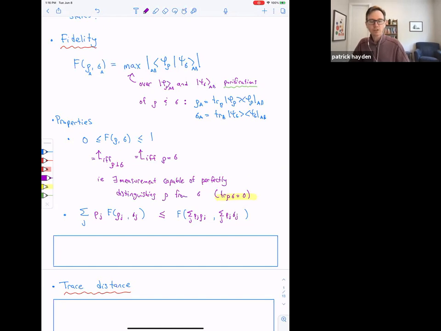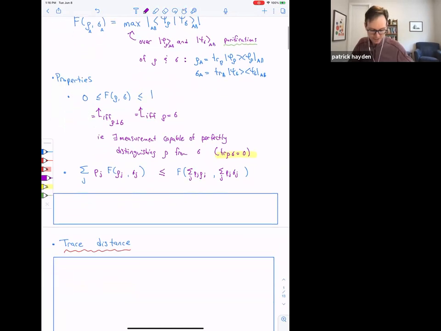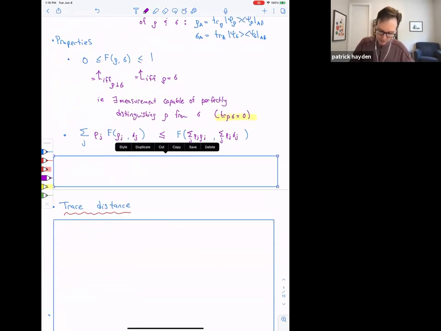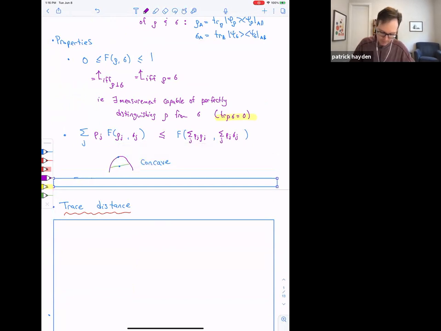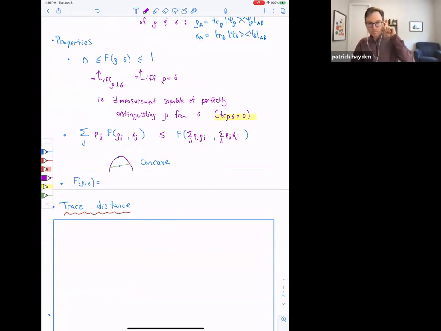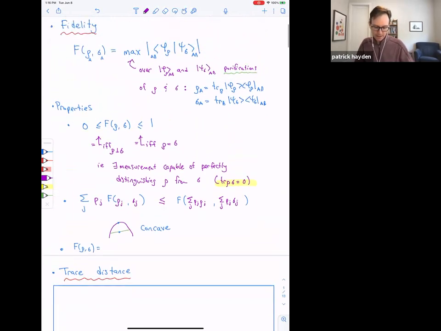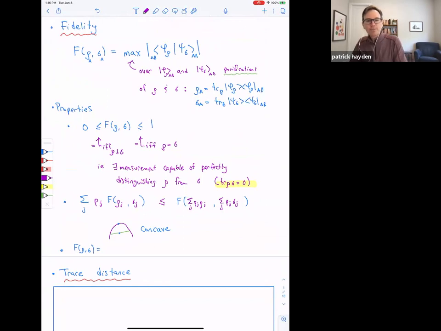Right? Just like the smeared brown is less distinguishable than the original choices of palettes. And so I drew that, it's concave, right? So I hope that picture, you know what I mean by concave there. And one last property that I'll mention, and so it's quite common in quantum information to define quantities that we're